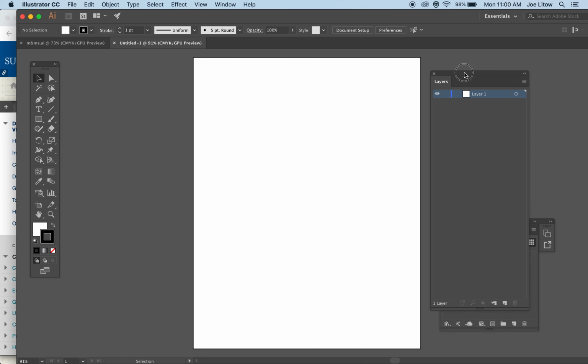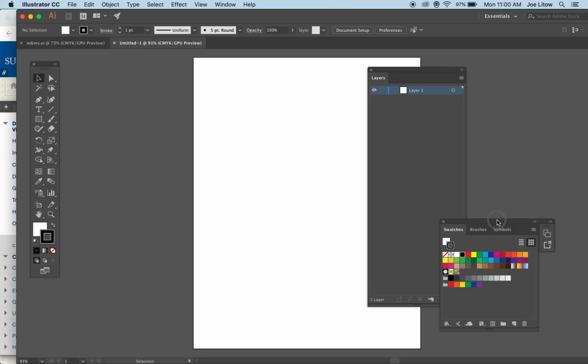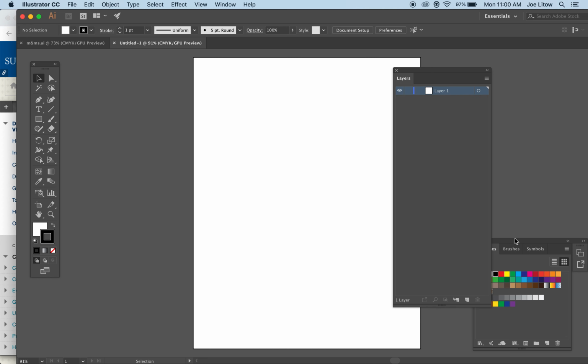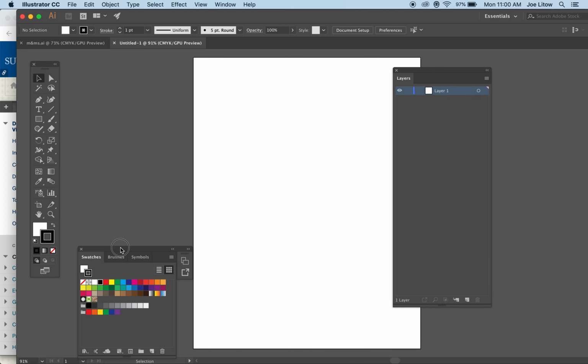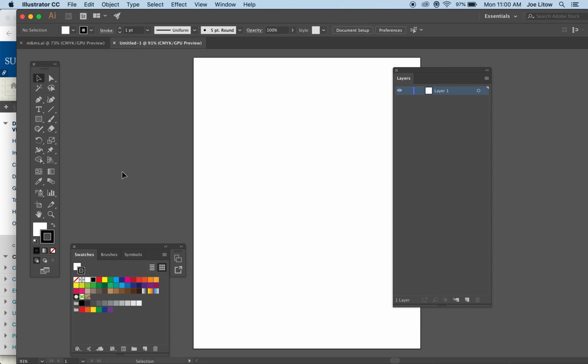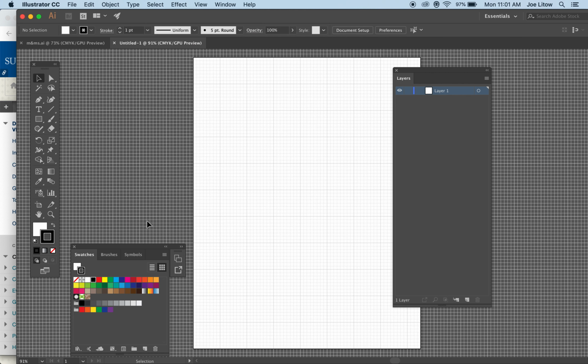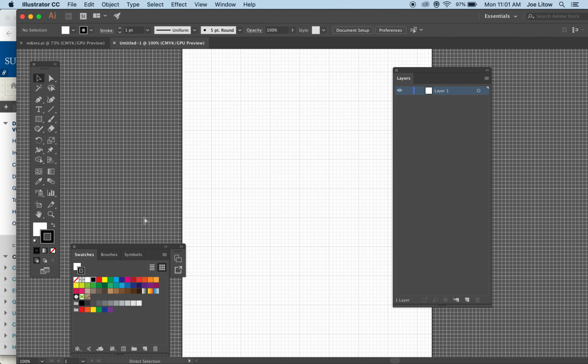For this lesson, you will need to have your Layers panel and of course your Swatches panel, and to facilitate our drawing of the M&M, go to View, Show Grid. Command plus, I'll go close up so you can see what I'm going to do. Everyone go to the pen tool,